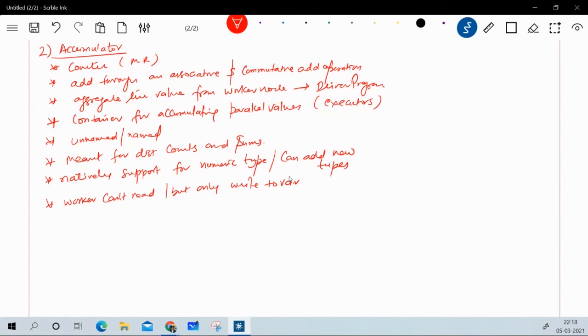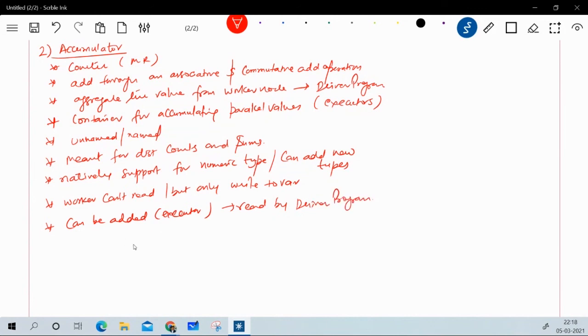Usually when you create an accumulator and the accumulator variables are incrementing in 5 different executors where the task is executing, if any of the executors is incrementing, automatically that value will be available to the other accumulators, but the worker will not be able to read the value, but they can write to the accumulator value. That means it can be added by the executor and read by the driver program, right?